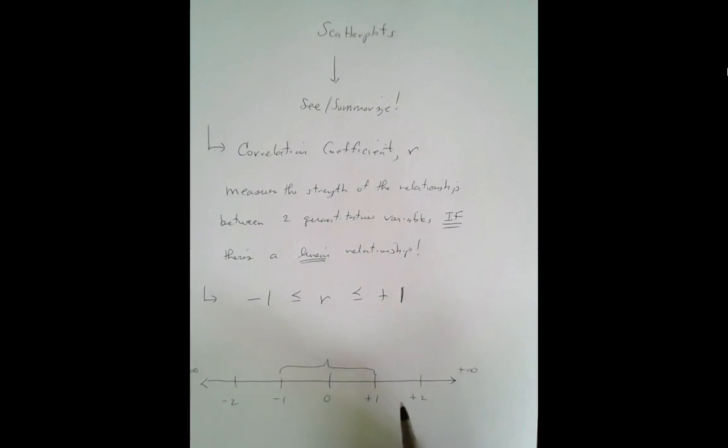If someone says that they calculated a correlation coefficient and got a value of 1.7, then they made a mistake. That is impossible to do. This value has to be between -1 and +1. Now, breaking that down a little more,